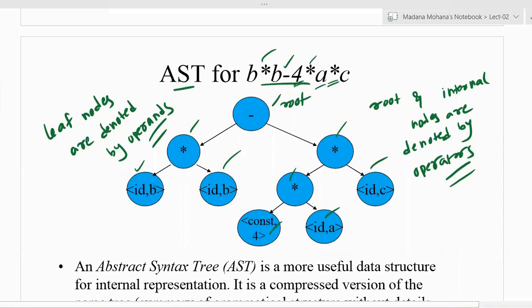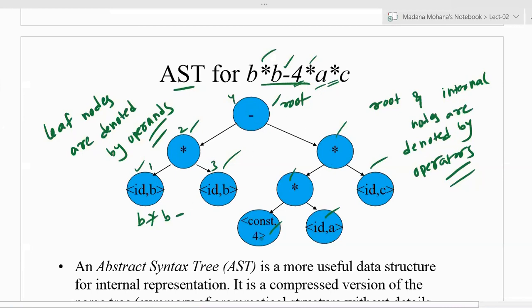How do we write this expression from the leaf nodes, from the leaf nodes to the internal nodes and the root? Not preorder. First we write the leaf nodes, that is postorder format. So from left to right you can write the expression, and you will get the original string. Here you can see b, this can be written as b into, first this one, then the second one into, then the third one b, then the next one is the root, that is minus.